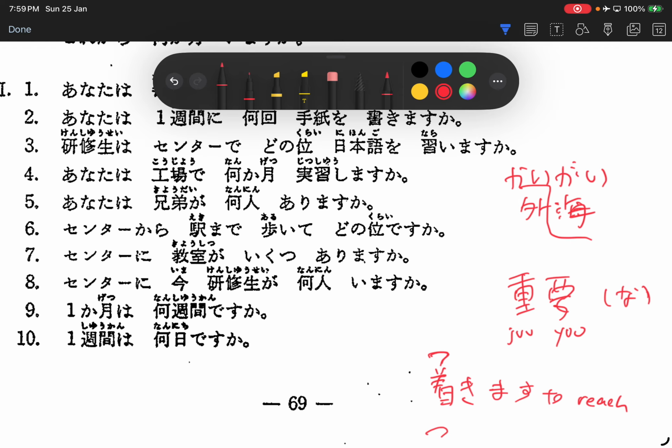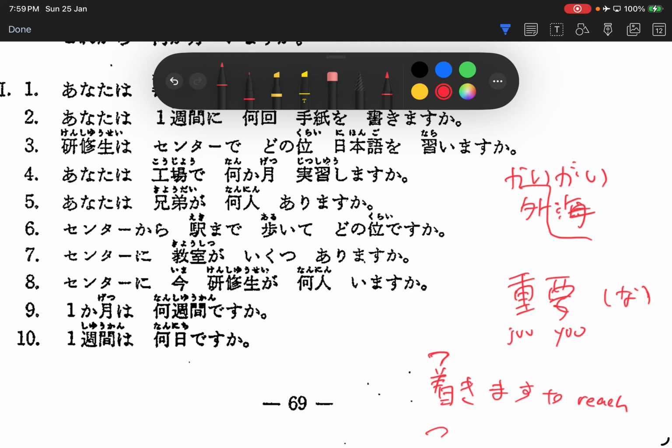Number 9. 1ヶ月は何週間ですか？Very straightforward. 4週間ぐらいです。